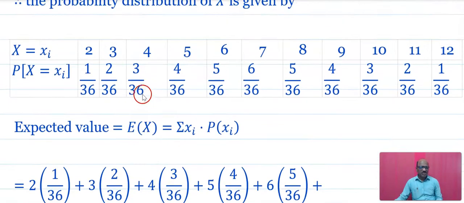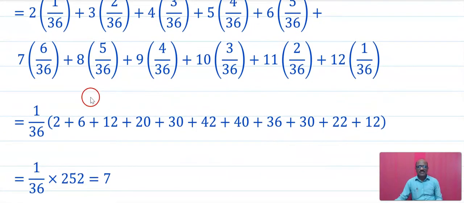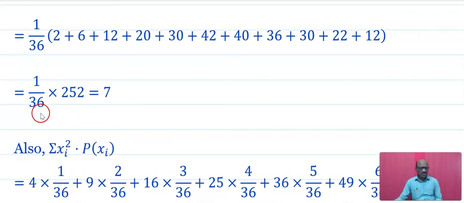Therefore, E(X) is equal to the summation of x_i into p(x_i). That is 2 into 1 upon 36, 3 into 2 upon 36, 4 into 3 upon 36, and you can perform their calculations and take 1 upon 36 as common. Then in the bracket overall, you will get 1 by 36 into (2 plus 6 plus 12 plus 20 and so on). After calculation, you will get the sum 252 into 1 upon 36,